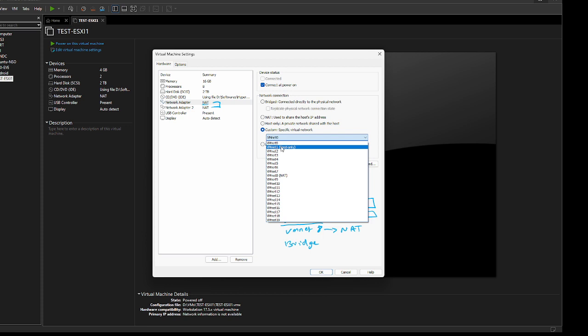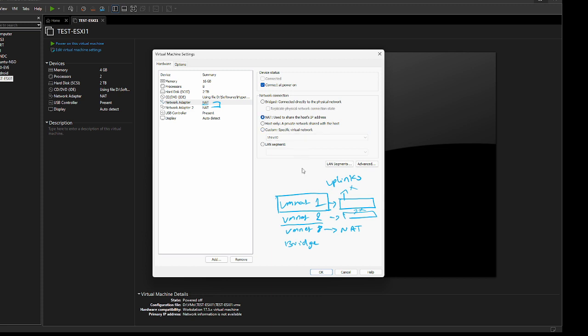So understanding the difference here is very important, because that will help you to create multiple adapters and map your networking. Now, I said I want to go with the NAT one, so I selected NAT over here. That's fine. VMnet 1 and VMnet 2 simply mean different switches, and we are not able to communicate with the outside world through them.